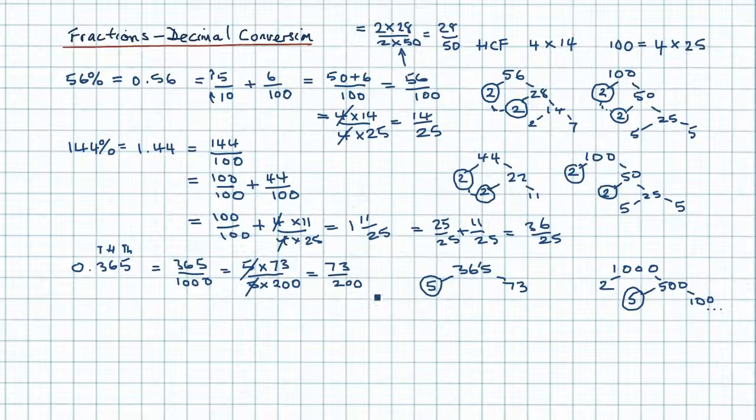Okay, let's do just one more. Let's pick something. So let's have an improper fraction. So again, as a decimal, this will be greater than 1, so it's 4 point, let's keep the numbers fairly simple, 288. Okay? So I don't know how that's going to break down, but let's give it a go. So 4.288, well, I could start with thousandths, but for the same reason that I had before, I'm going to say 4,000 divided by 4,000. That will start me off. I could just write 4, but I do prefer to write it out in full so that I can see what's going on. Okay, so now I've got 288 and